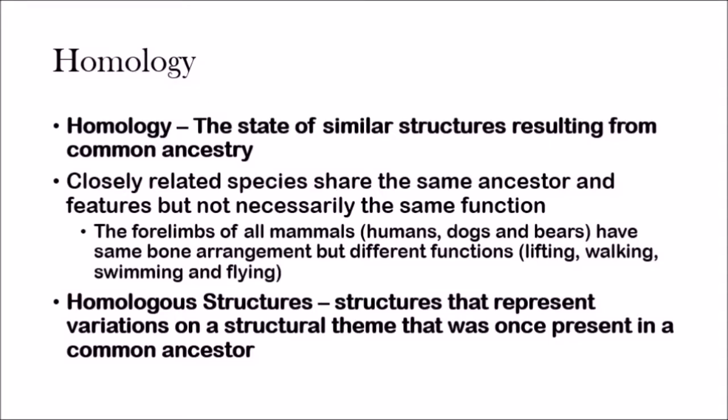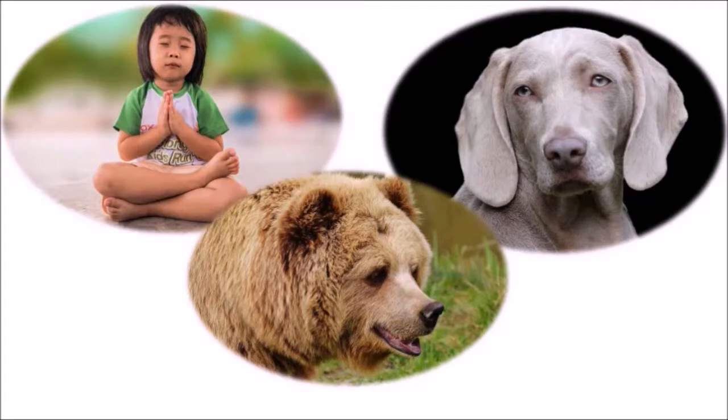So if you look here, these three organisms are all mammals, and they all share the same common ancestor. Now, that common ancestor had a four-limb bone structure. Forelimbs are the limbs which are in the front. So for a human being, that would be our arms. For dogs, that would be the two front legs. Same thing for bears, two front legs. So that common ancestor had forelimbs with a